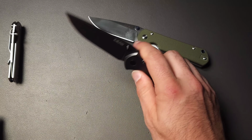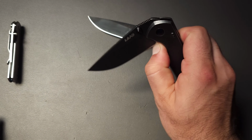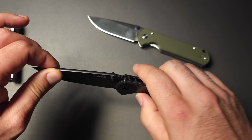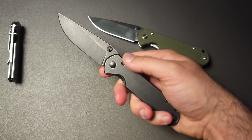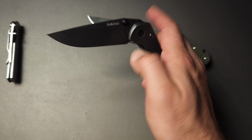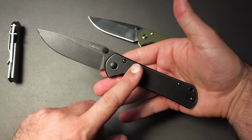I hate to say it, but this is pretty close to what I experienced with the Sebenza, but with just much better action, because the Sebenza comes on washers where this comes on bearings. So it gives you a little bit more fun when it comes to manipulation as well. I can't say enough. I mean, the brand that makes this, or OEMs for Land,